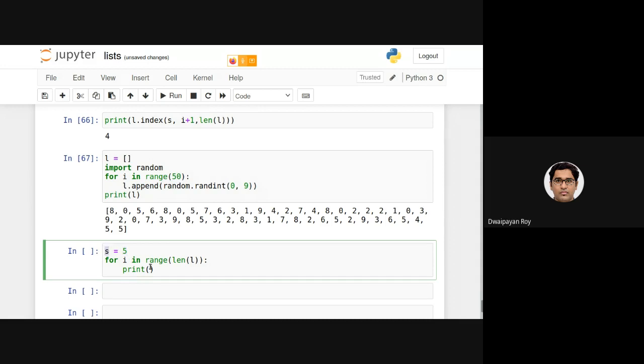What I'll be doing is L dot index. This is a very naive way. Every time I'll be searching for S from the ith location up to the length of L.